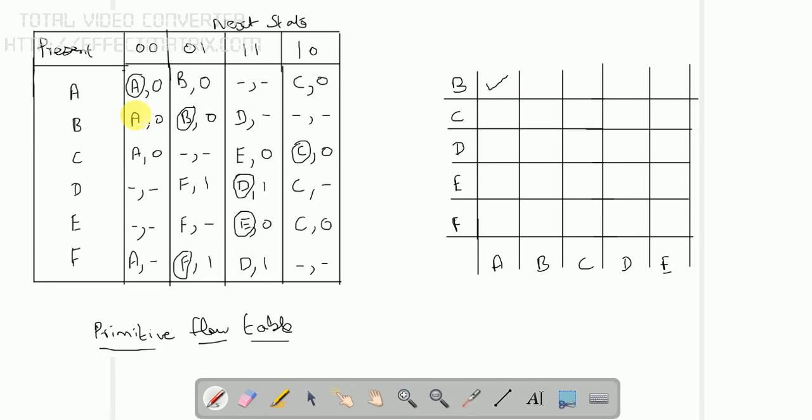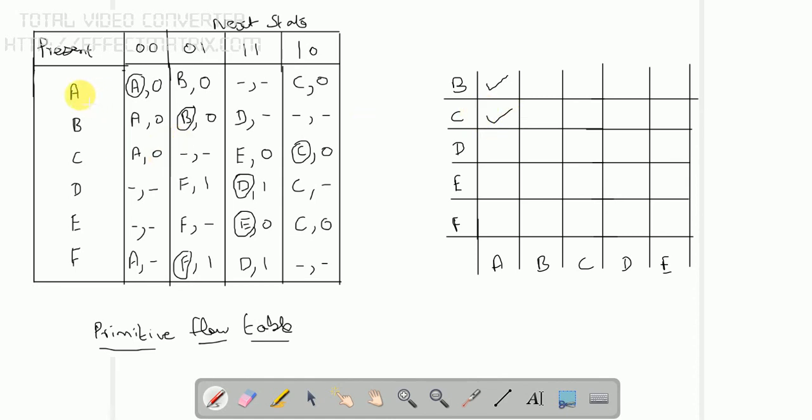Similarly, I'm going to compare A and C. Here A comma 0, A comma 0, both values are equal. B comma 0, don't care comma don't care. So automatically this B comma 0 will also be here in C. Consider both as equal. Then dash comma dash, E comma 0. So both are equal. C comma 0 is already here in A, and we also have C comma 0 in C. So A and C are equal.